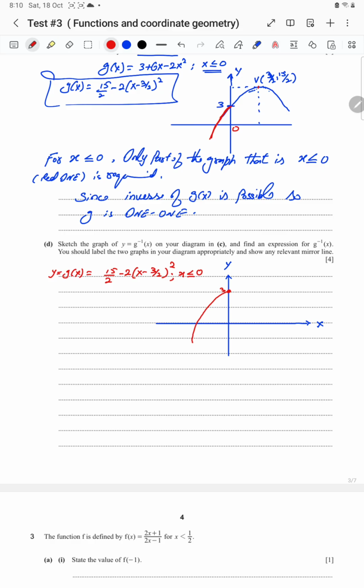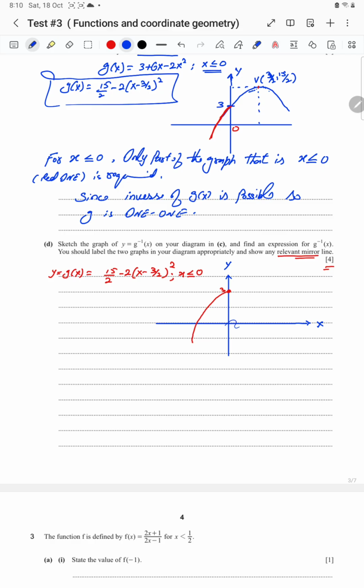Okay. And we need to sketch it against g inverse of x. For g inverse of x, find an expression for g inverse of x. We need to find the expression as well, and that's why it carries 4 marks. And label the two graphs in your diagram appropriately and show any relevant mirror line. The mirror line between the